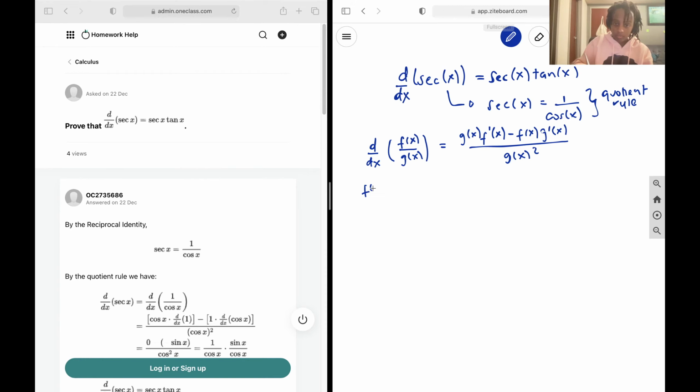So if we set f of x equal to 1, f prime of x will thus be equal to 0. If g of x is equal to cos of x, then g prime of x is equal to negative sine x. This is the derivative of f of x and of g of x. So that means that d